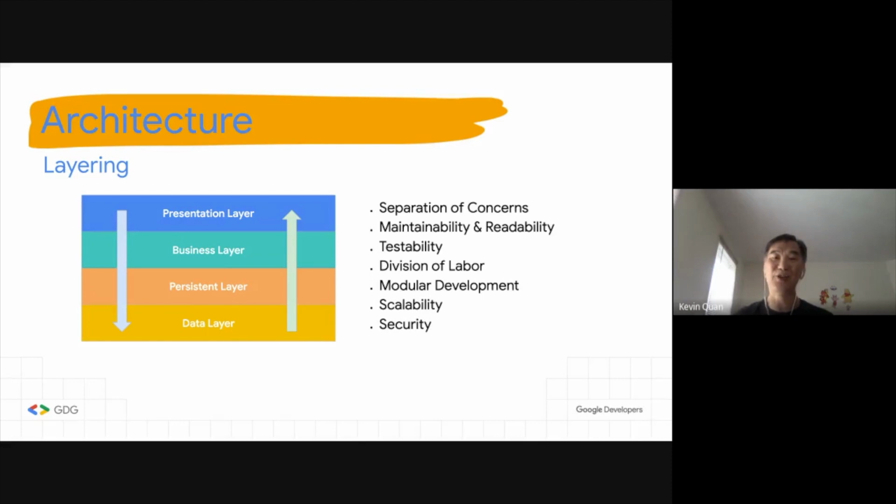Testability: we can write unit tests for all layers. This is a very important aspect. When you're building an application, you want to write unit tests along the way against the layer that you're actually building. The end result is more reliable software, and most organizations place a lot of emphasis on that aspect,